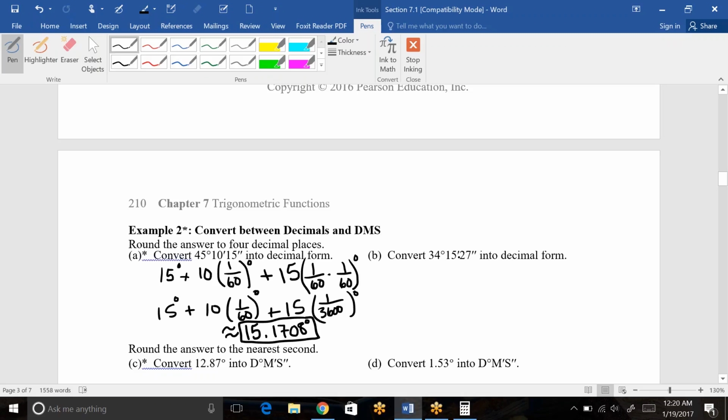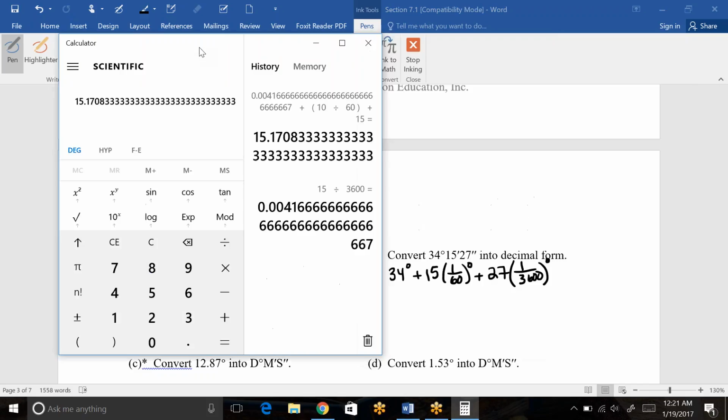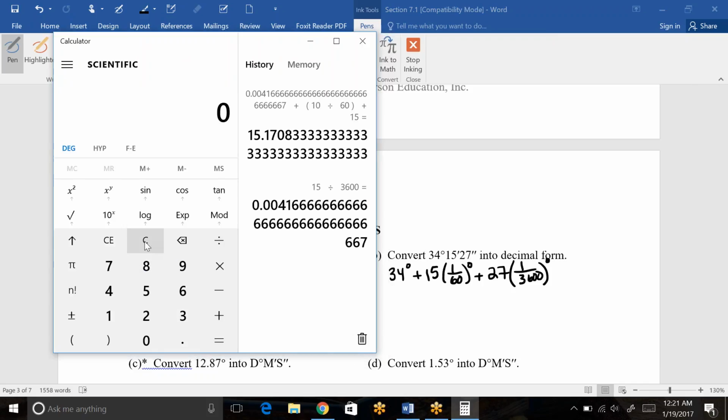So that would be our answer in degrees. So then let's look at this one. Same thing here. We would have 34 degrees plus 15 times 1/60 plus 27 times 1/3600. Remember, this fraction is what's turning this symbol right here into degrees. This symbol, minutes, is represented by the 1/60 degrees, and this symbol for seconds is represented by this. So I'm just going to type this one in quickly so we can get the answer. So 27 divided by 3,600